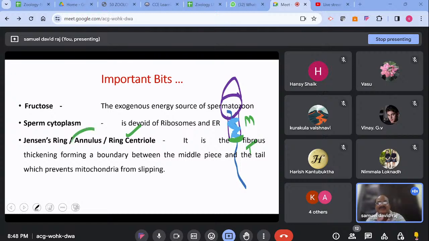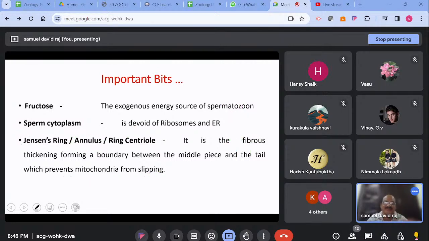Because it is circular, it is called the annulus. Because the entire region is set with a thickening, hence it is called the annulus. But the correct name, named after the one who discovered it, is the Jensen ring, and it prevents mitochondria from slipping off. And in the middle piece region, where the mitochondria are present, ATP is produced. Hence, some scientists call the middle piece the engine room. This is all about